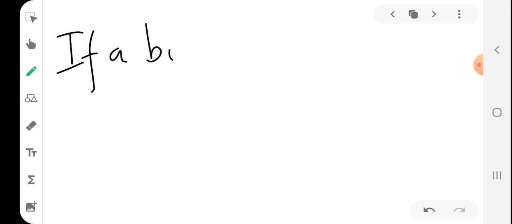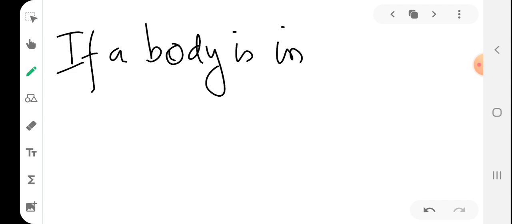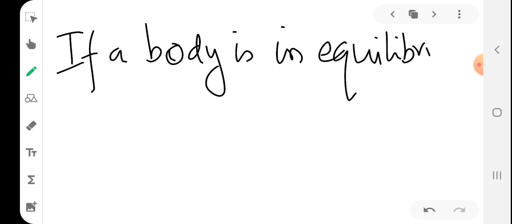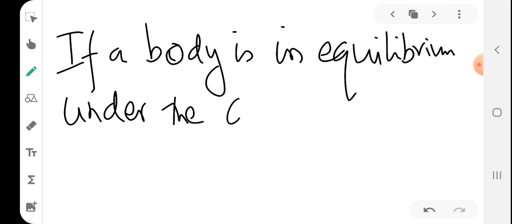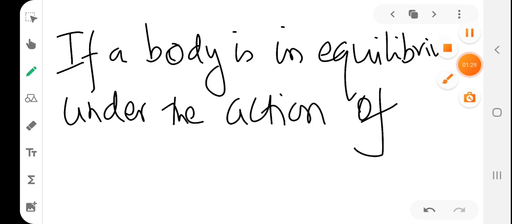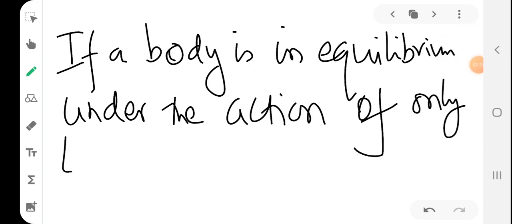If a body is in equilibrium under the action of only three forces,